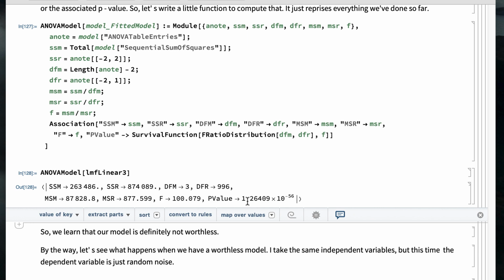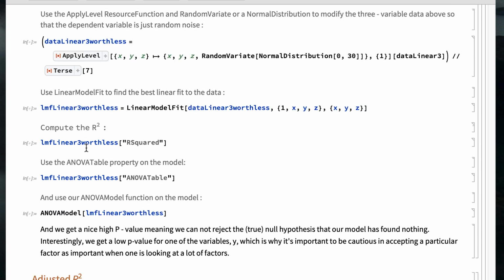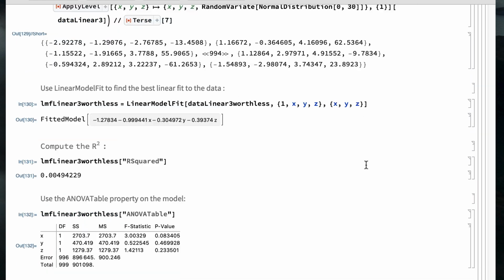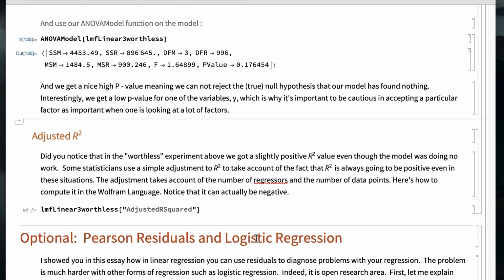I'm going to let you look through this code and see what happens when you do in fact have a worthless model, and what kind of p-values you get under those circumstances. I'll let you work it through, but here, let's just do it. And you'll see that when our model is worthless, we do not get a p-value that's less than 0.05. One final point,